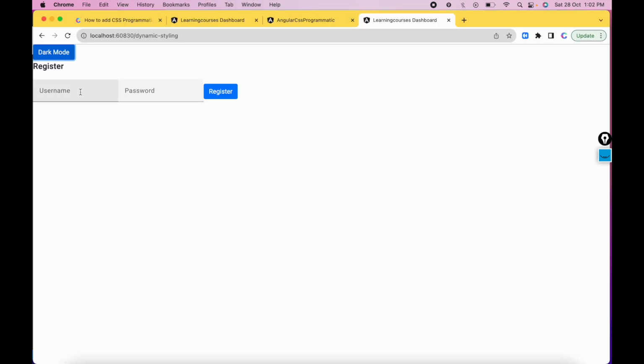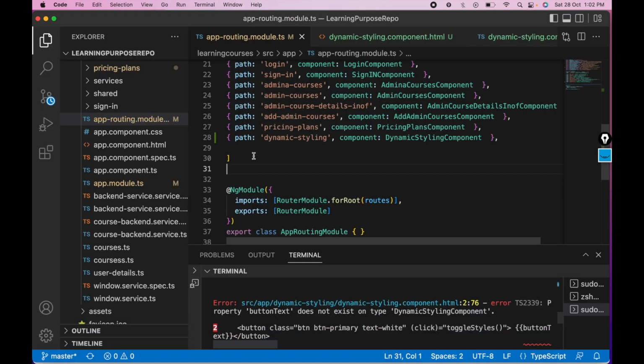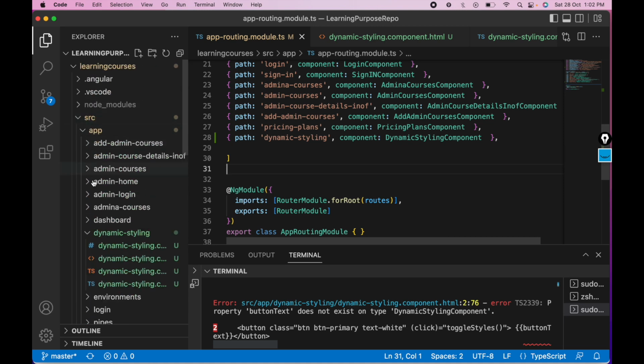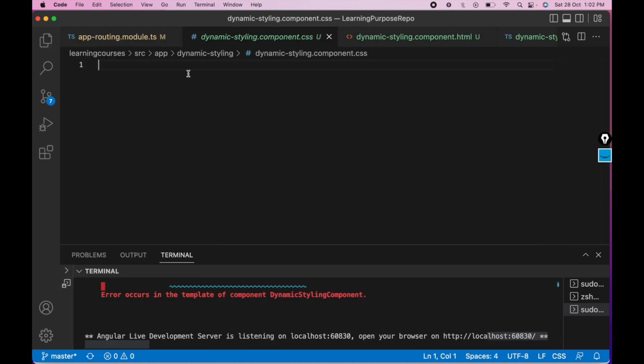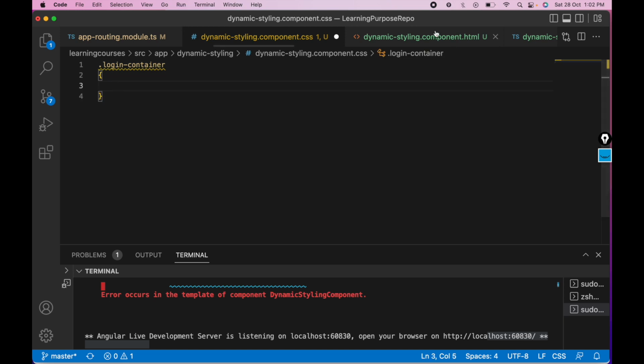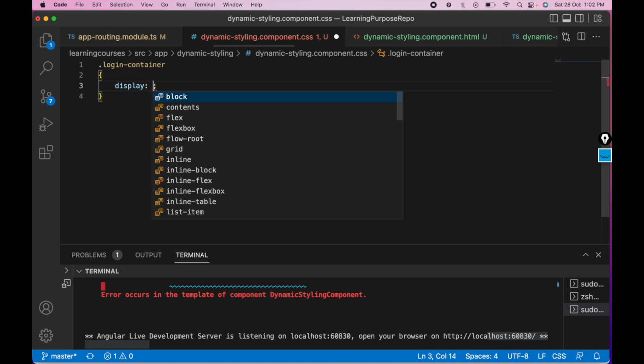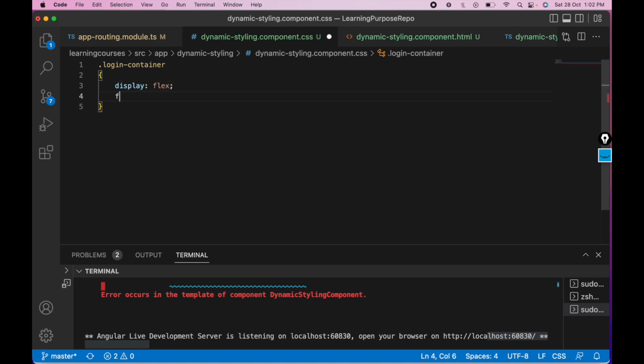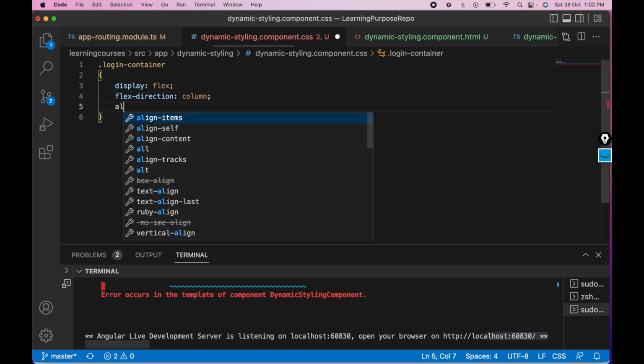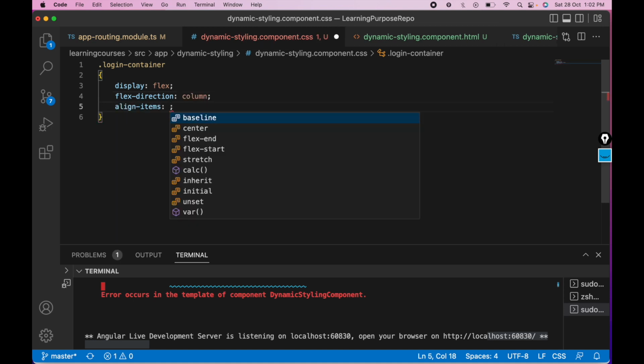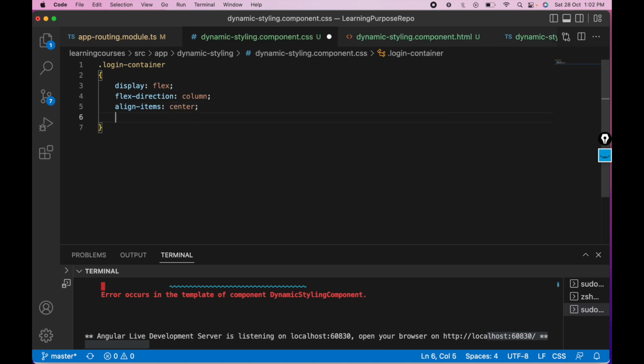So this is what we have built till now, right? Now let's style this in our CSS file so that we will be able to see the UI properly. So here, to the container, like this login container, let's assign the CSS display as flex, flex direction as column, align items to center, justify content as center,